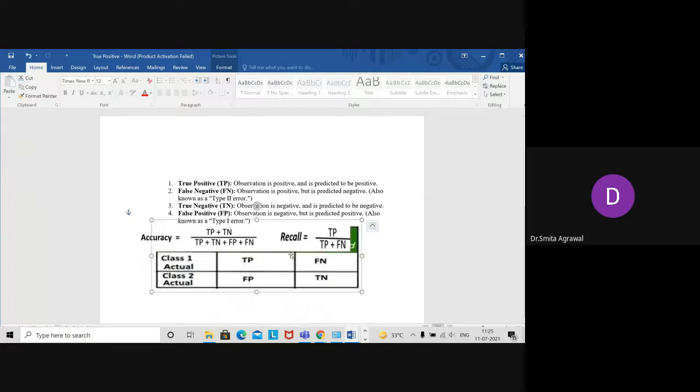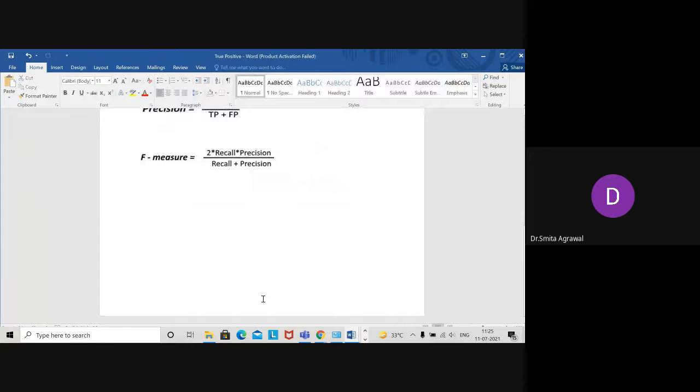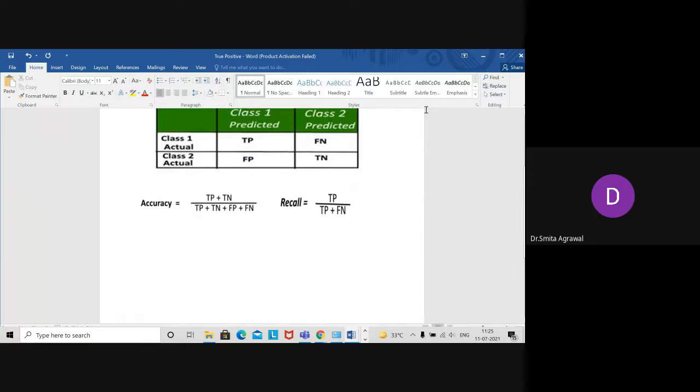Now you can see how the confusion matrix is represented. It is represented as a 2 by 2 matrix. The columns represent class 1 predicted values and class 2 predicted values, and the rows represent class 1 actual values and class 2 actual values.